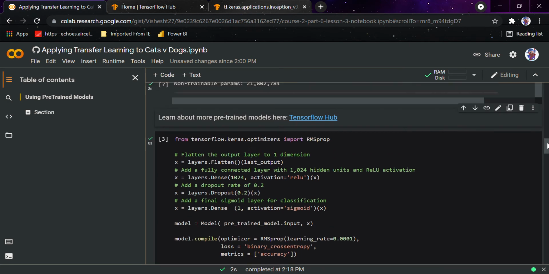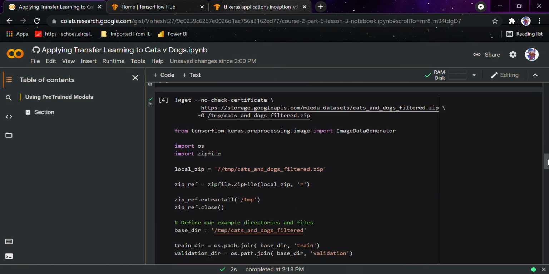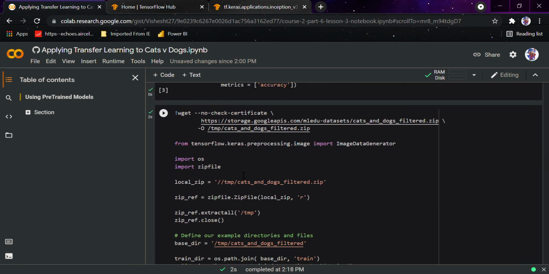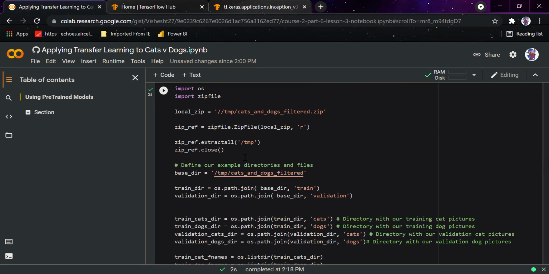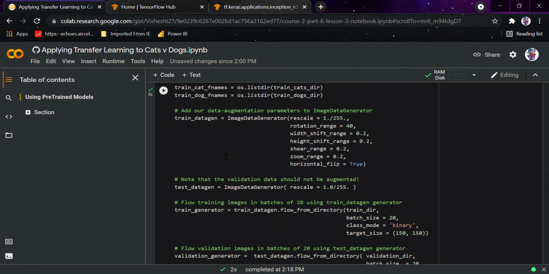Yeah, here I have already run the cell. Now coming to the next part, we have already done this before: we are going to define the image data generator and the local zip file where all our images would be stored, and we tell the model that this is the directory where the images are stored. Then we set rescale, rotation range, and width shift. I have already told you about those in the previous video.